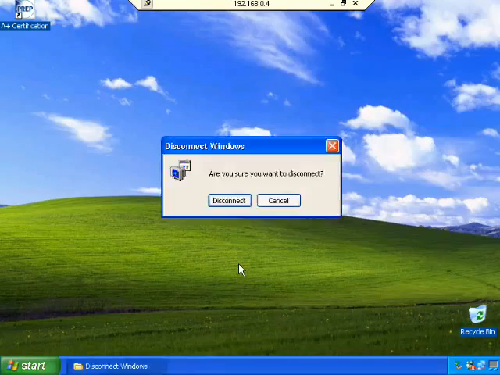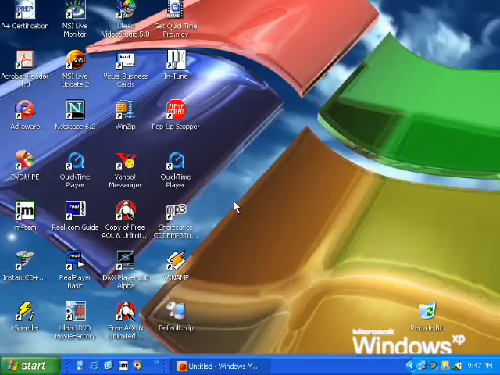Are you sure you want to disconnect? Yep. And I'm back to my desktop here. As you can see here, I've saved the icon for remote connection. If I click that, it's probably going to be slow coming up. Running this encoding software and everything slows everything down here. We're going to go ahead